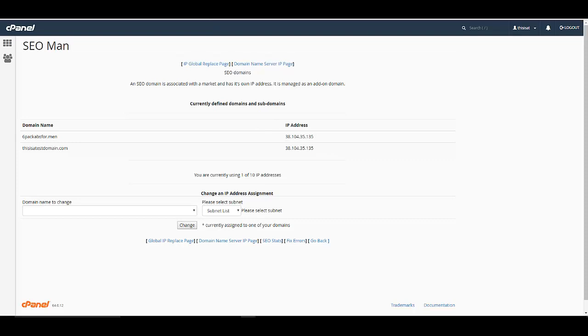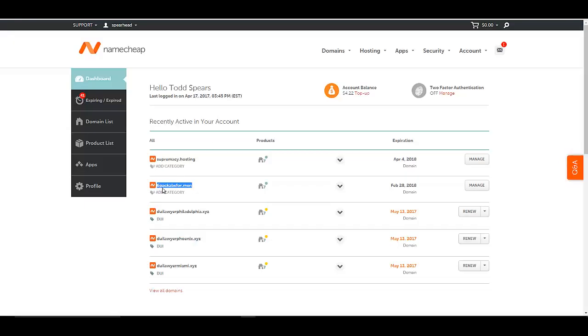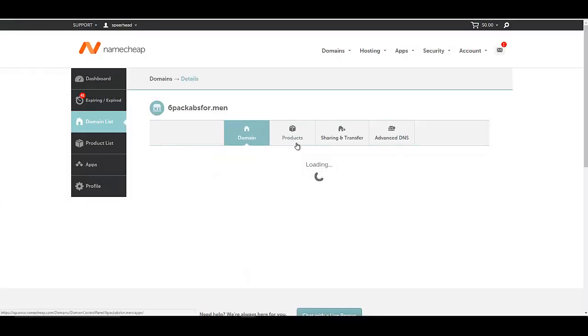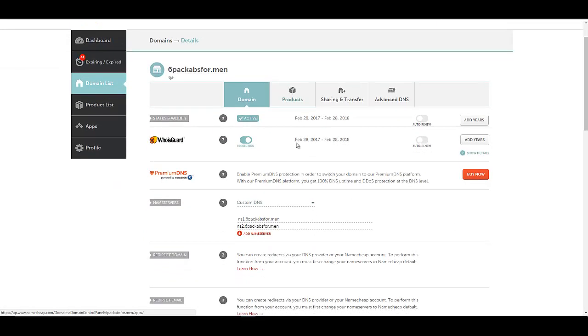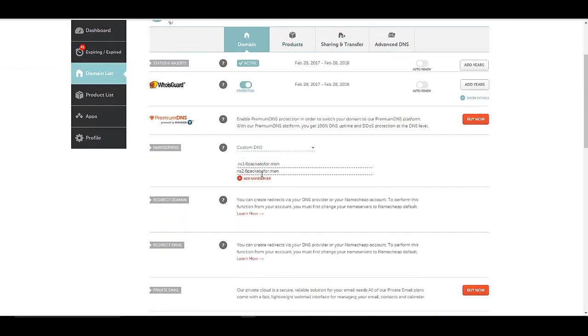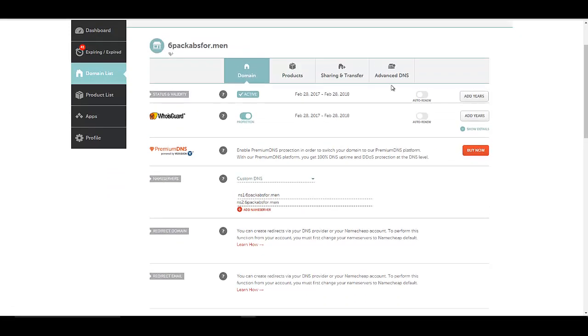Okay, so now that I have the IP, this will update later, I'll show you. But now that I have the IP, I go into Namecheap. I find my domain that I want to manage and I want to register the name servers for. And it's a real simple process here. All right, so right here is where it's already set at the moment, okay? But what I want to do is go to Advanced DNS,